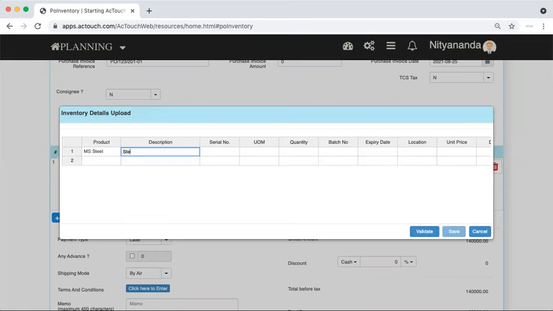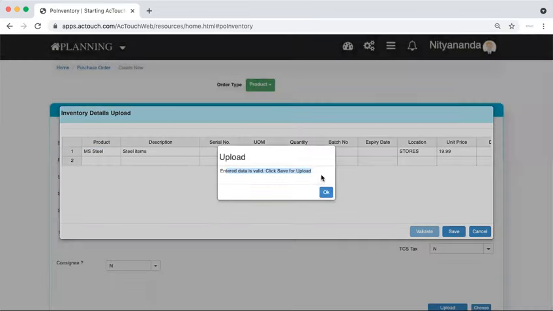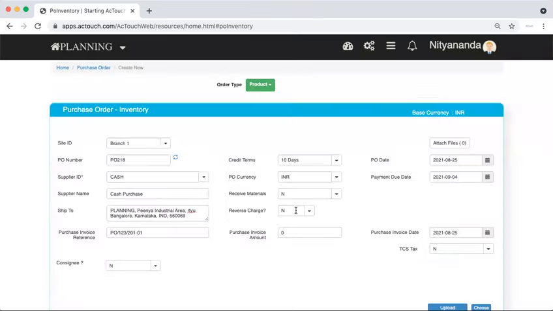Items. Unit of measurement is kg. I'm just taking a different number to show you the values there. Location where the material has to be inspected, and say what is the unit price here. This is a beautiful function to be built. Again, you can add the data in Excel and cut and paste here. On the master data, just click on validate data. The data has to be verified, saying data is okay or not. Once the data is okay, you can just save it.